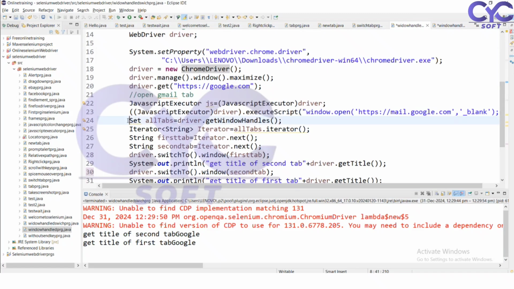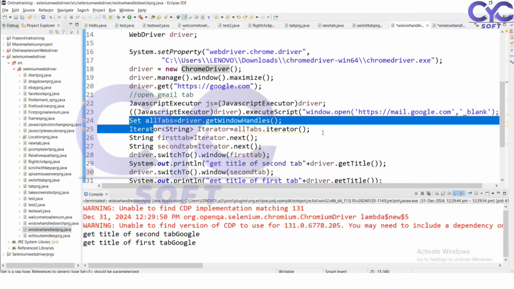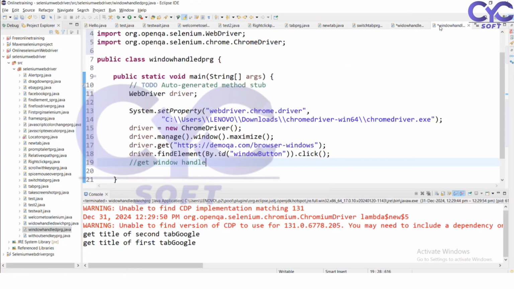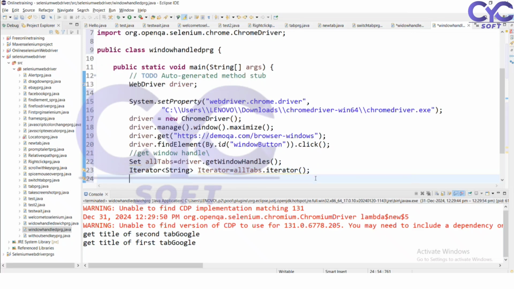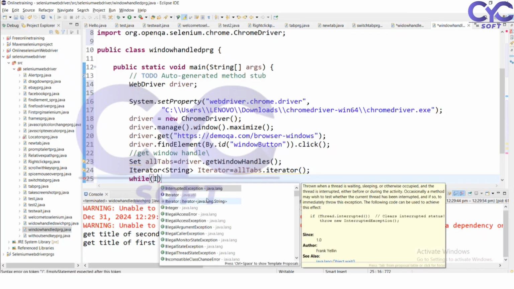So these two lines I'm going to copy here. So I have set the window handles and I have got all the windows. Once I have got all the windows, I'm checking with the iterator, with a while loop. While iterator